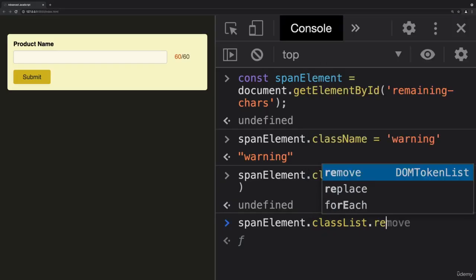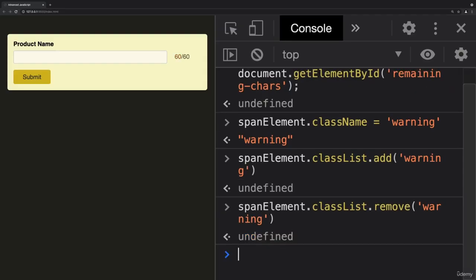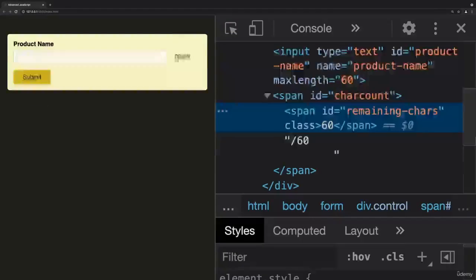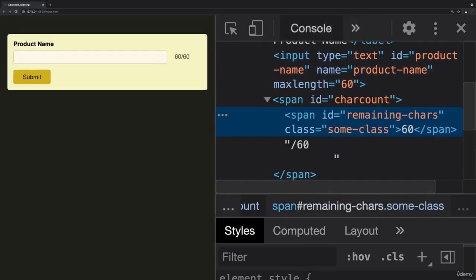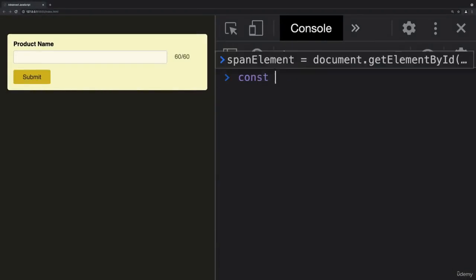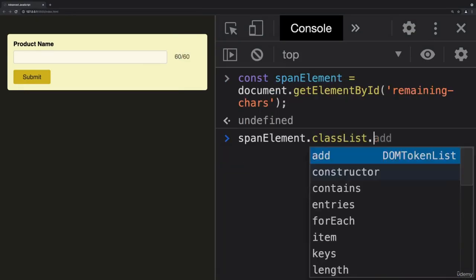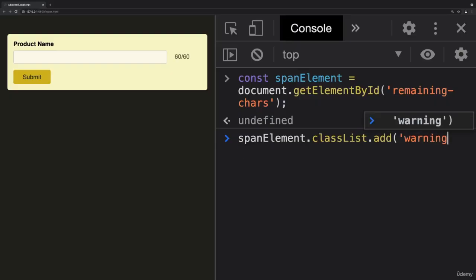And we also have a remove method which removes the class name which you're passing here, and only that class, no other class names. So here with that, if we now inspect this again after executing remove, you see this is gone. And if I would reload this entire page so that some class is set, since this is set initially here, if I now would get access to my span element again, if I then first of all execute class list add warning like this,